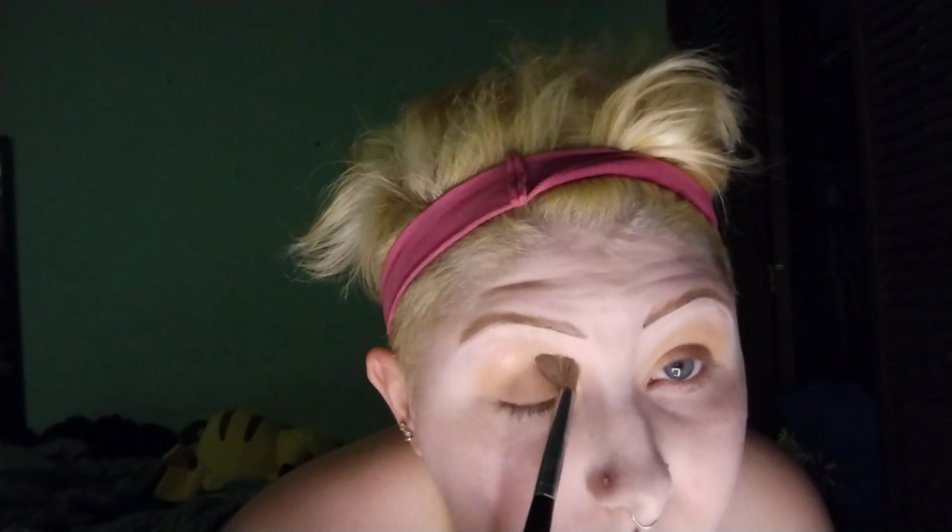I would show you references to what type of makeup I'm trying to do, but I'm using my phone to record. This looks so much darker on the camera than it does in real life. I'm just trying to blend these edges. Yeah, I took a lighter color here and then a darker color there. Oh my goodness, this looks so yellow and so dark on camera. That helped a little bit, but